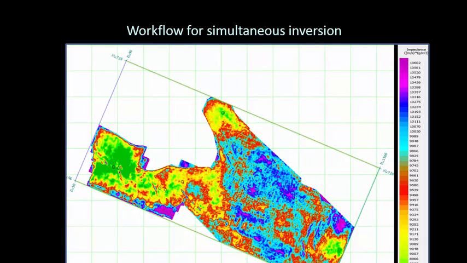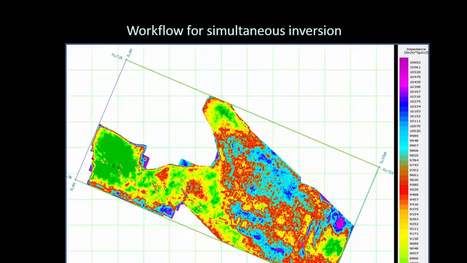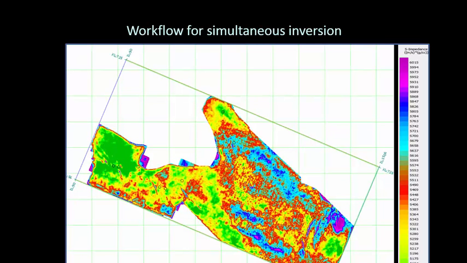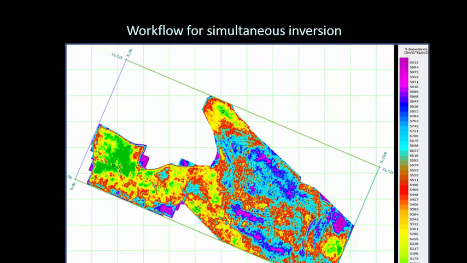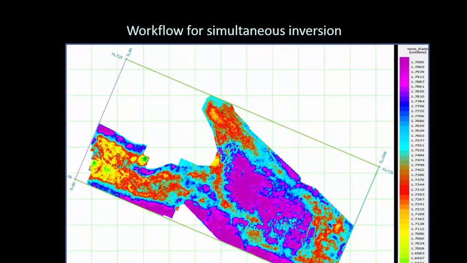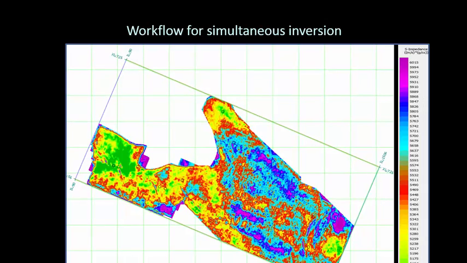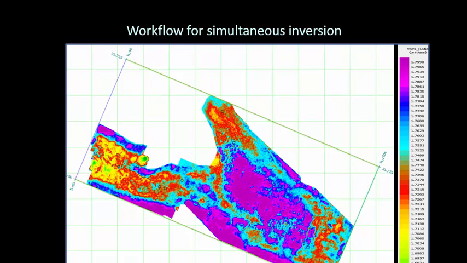And after this, the revised workflow. There is more detail on this now. And that is a shortcoming of the inversion process. I shouldn't say the inversion process, but the seismic data itself, because we have lowering of frequency on the far offsets. Similarly, this is S impedance. Notice the conventional, and this is the revised workflow. And then I have VP by VS, conventional, and this one. Notice there is a lot of difference between the two.